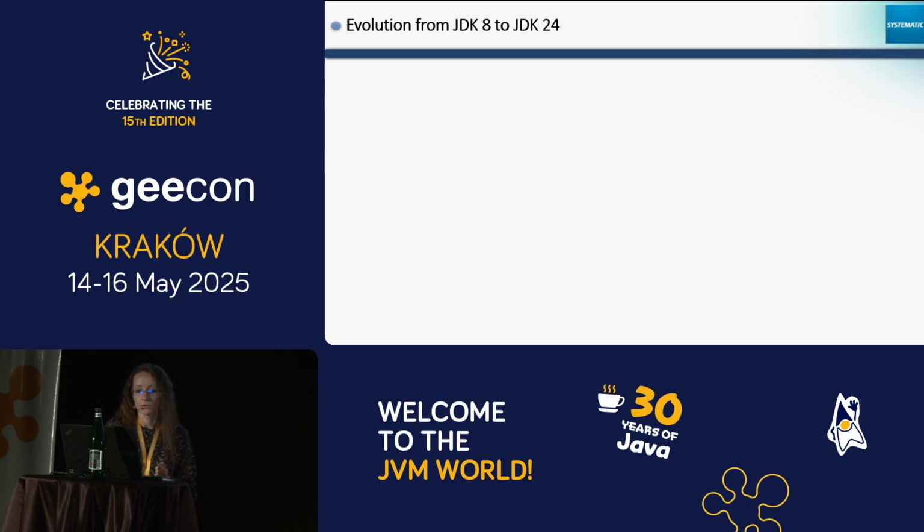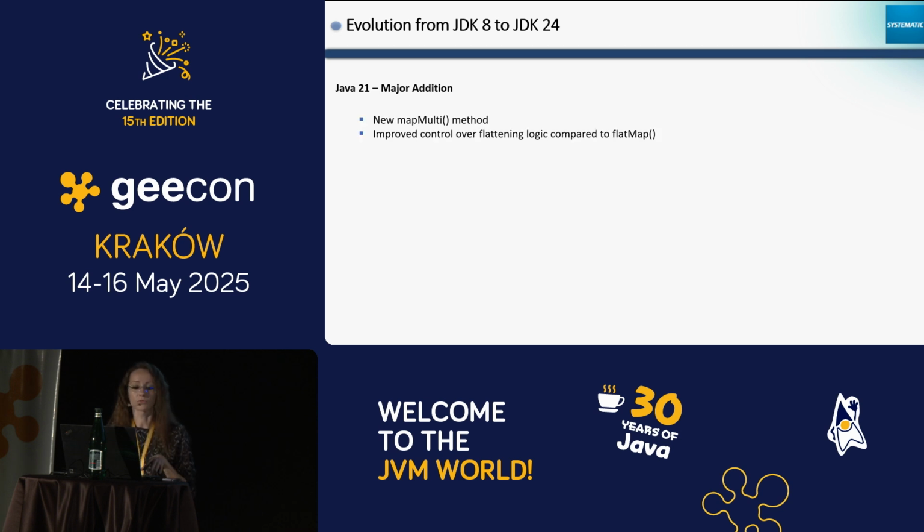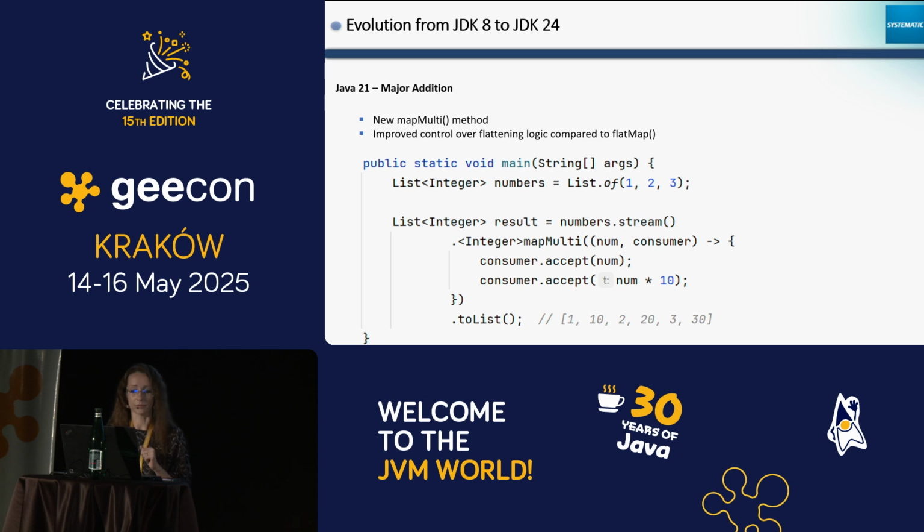Let's see what the next version is bringing to us, and I'll jump directly to Java 21, because this one introduced a powerful new method, and that is mapMulti. I'll also load the example here. You can think of mapMulti as a more controlled and efficient alternative to flatMap, because it is especially useful when you need to map a single element to 0, 1, or multiple outputs without creating intermediate steps or